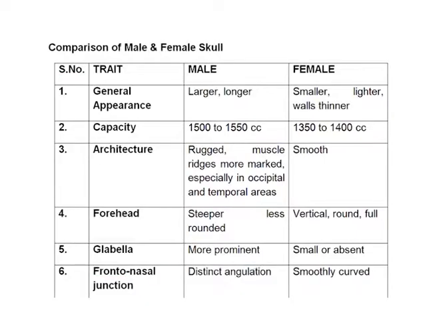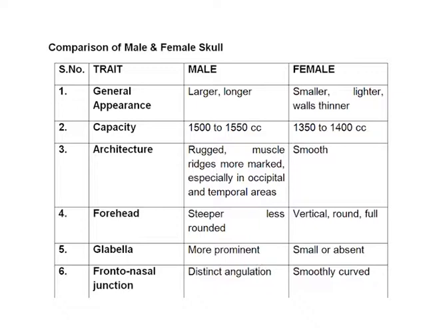Now, the following table deals with the comparison of male and female skulls, and how by comparing various features we can differentiate between them. When we talk about the general appearance, as I told you earlier also, the male skulls are larger and longer, whereas the female skulls are smaller, lighter and their walls are relatively thinner. Talking about the cranial capacity, males have a capacity of around 1500 to 1550 cc, whereas females have a cranial capacity of 1350 to 1400 cc. If we see the architecture of the male skull, they are